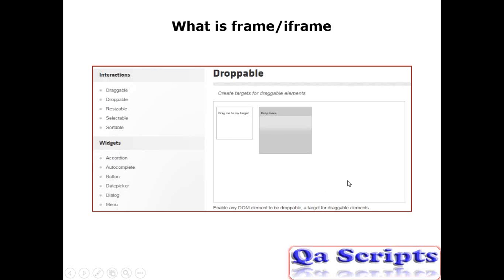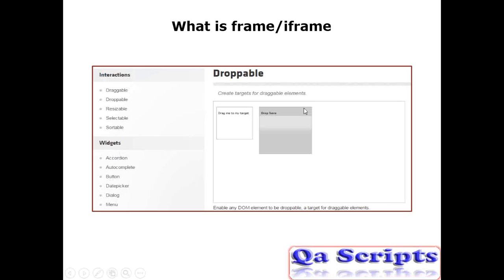If a developer wants to develop a table like this, he can use the table tag, but sometimes there may be reasons where a developer will use another location's table or another website's table, and try to use that in this particular web page. To do that, he has to use a tag called frame, and embed the other location's or other website's table in this website.